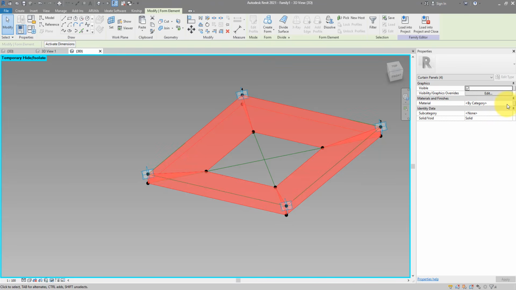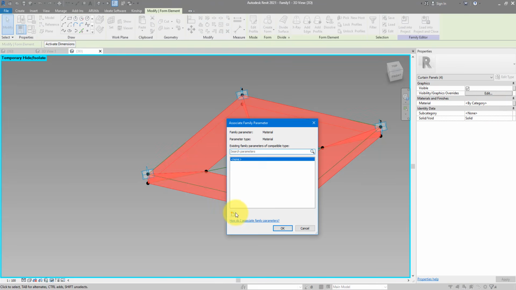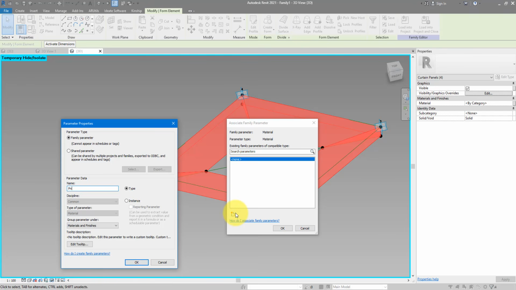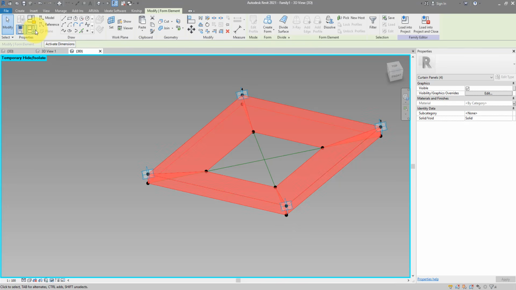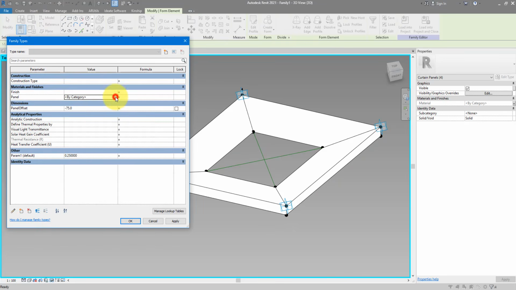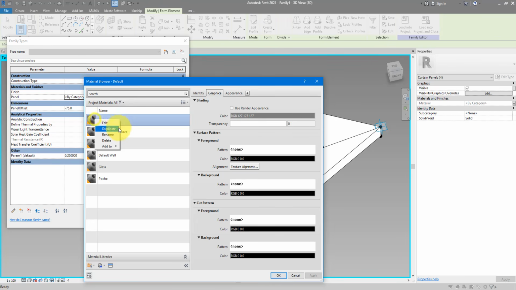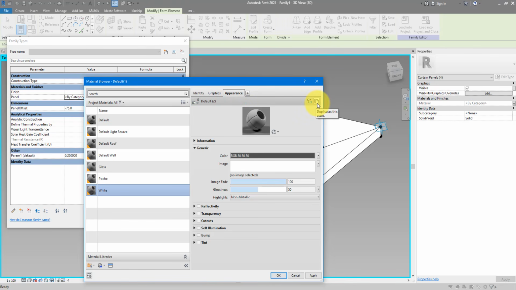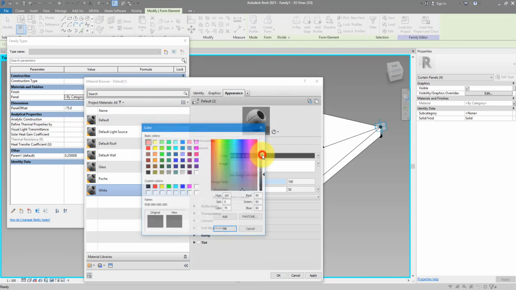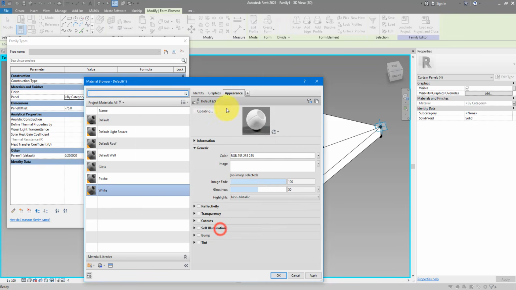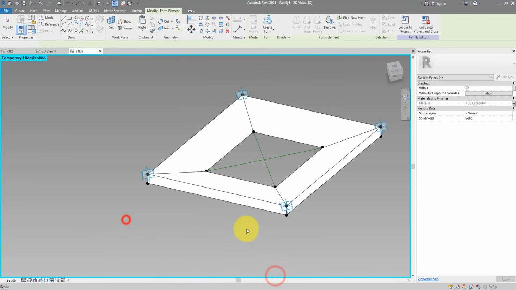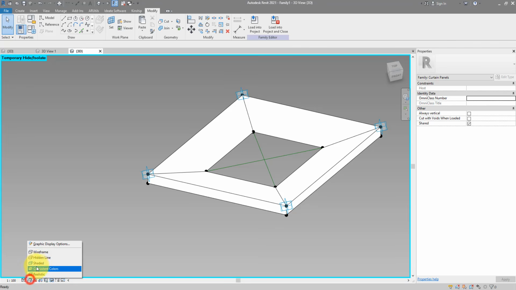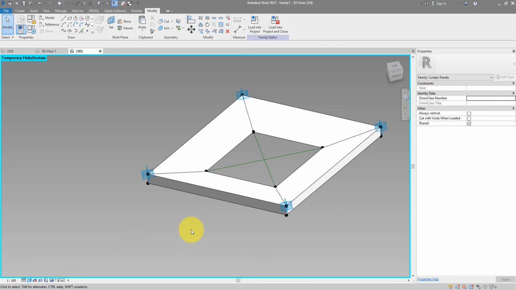and give them a material parameter as well. Let's call this simply panel. And while I'm here, why not go to family types and give this a white color. Simply duplicate that, go to appearance, duplicate the material asset, and choose the color white. Here we go. Nothing seems to happen, but if I go to shade it now, that color remains to be